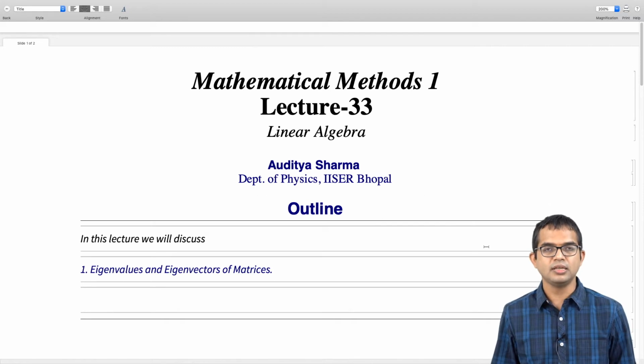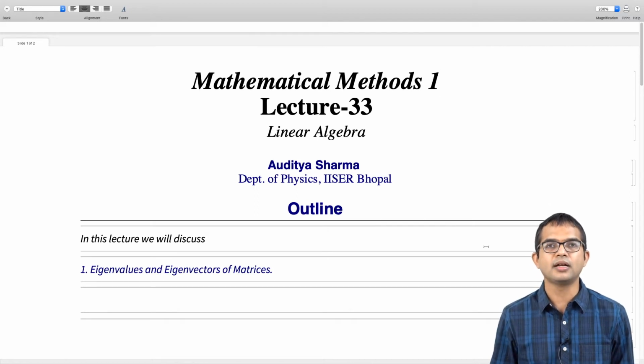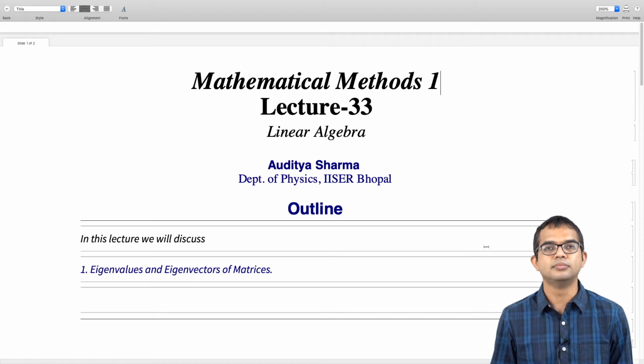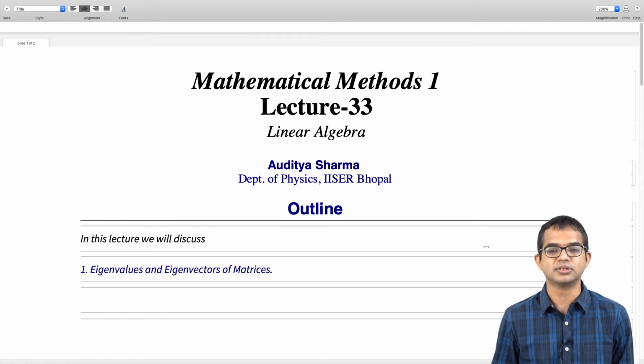Okay, so we have seen that finite dimensional linear vector spaces have representations. All operators which live on finite dimensional linear vector spaces have matrix representations. So if we understand matrices well, then we understand finite dimensional vector spaces. And so therefore we are going to look at a number of properties of matrices starting from this lecture, which is about eigenvalues and eigenvectors, right?